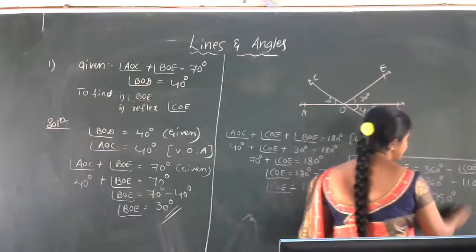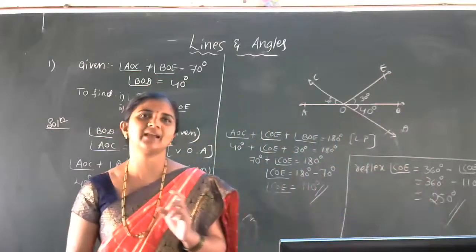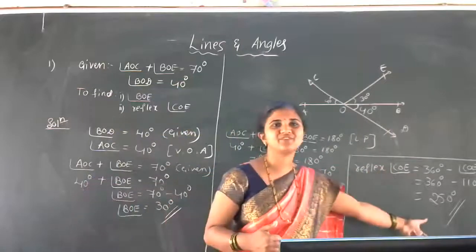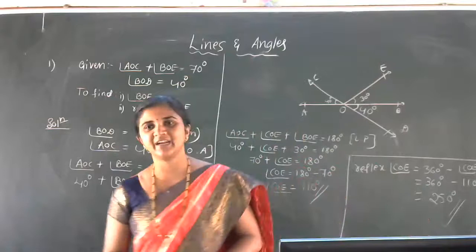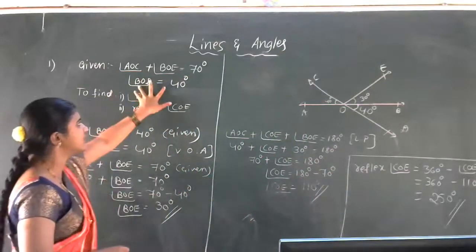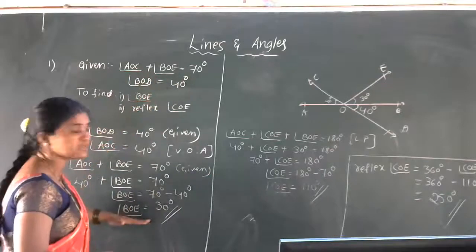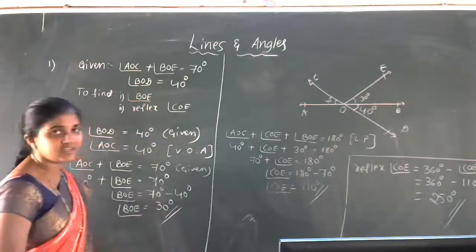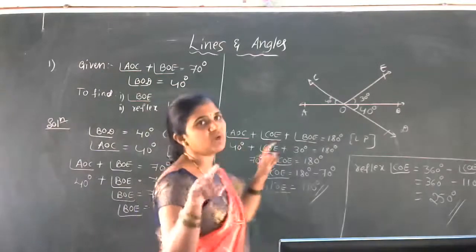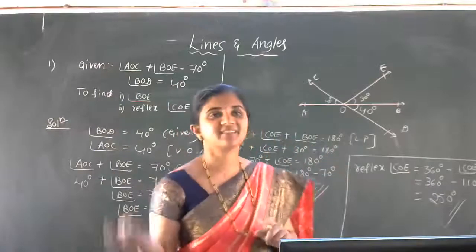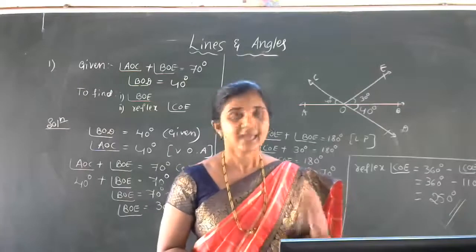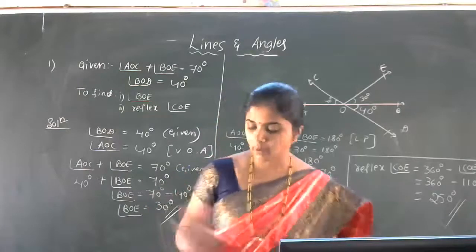Yes, very good. So, actively you have to participate in the class. You have to send me the message. Okay. Yes, we got the reflex angle COE, which is equal to 250 degree. Got the idea of the first problem, no students? Very simple. So, start with the given data. Using these two data, BOE we got as 30 degree. Then we have to find out reflex COE. For that, first you have to find out the angle COE. Then 360 minus angle COE, you will get the value 250 degree. Is that clear, students? First problem is clear now.